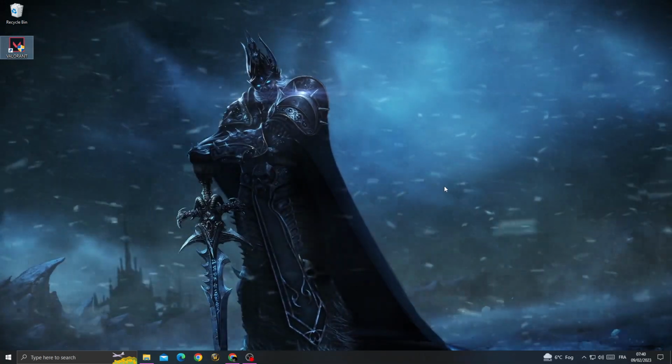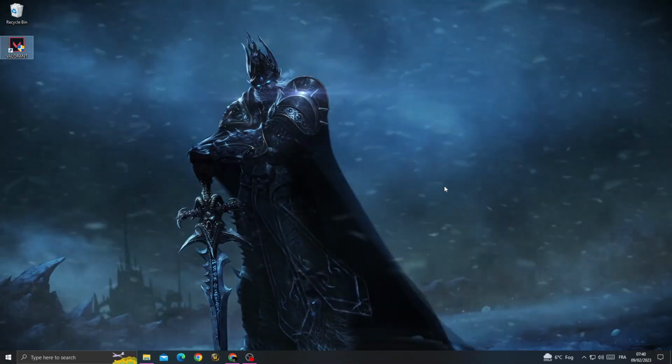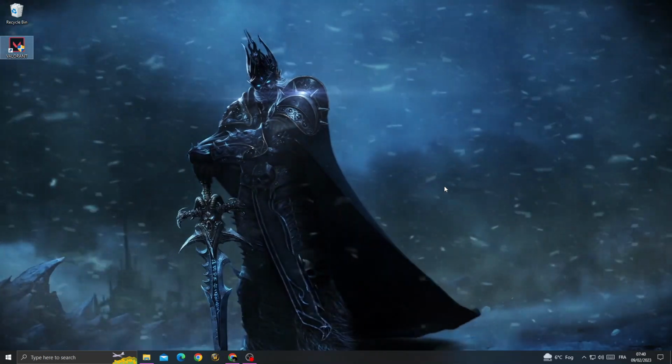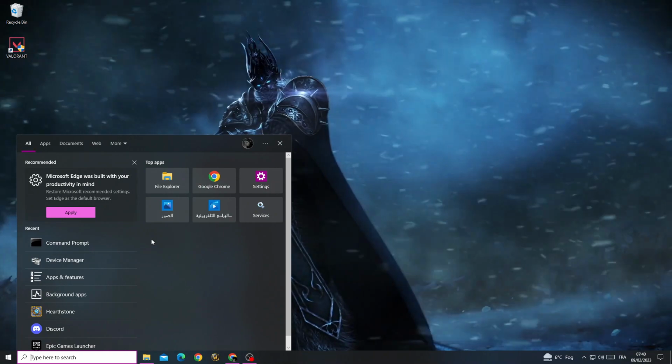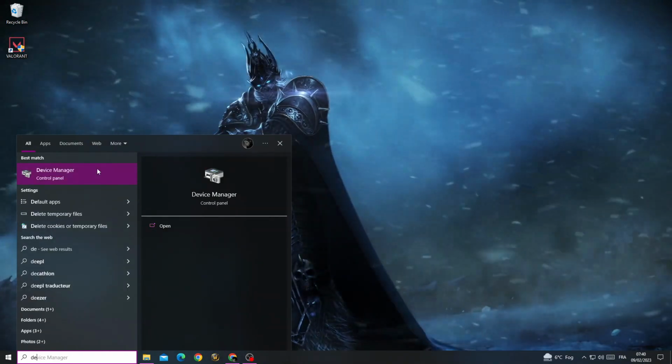How to fix Valorant error code 7 easy and quick. If you want to fix this problem, all you need to do is type here. First type here device manager,